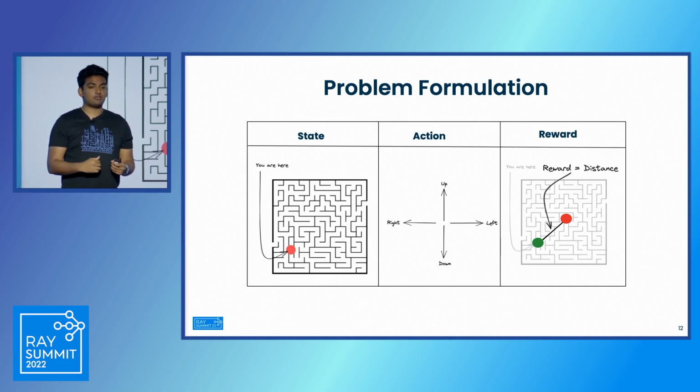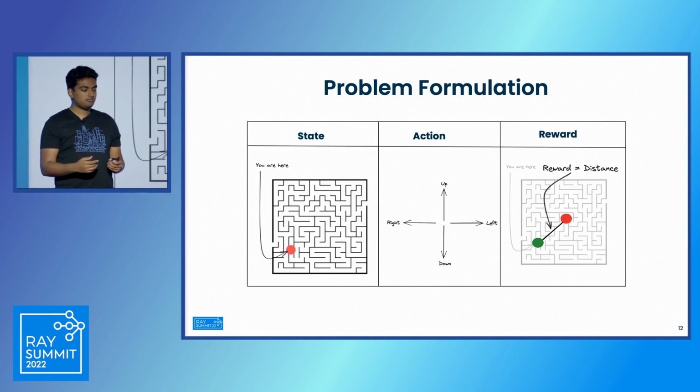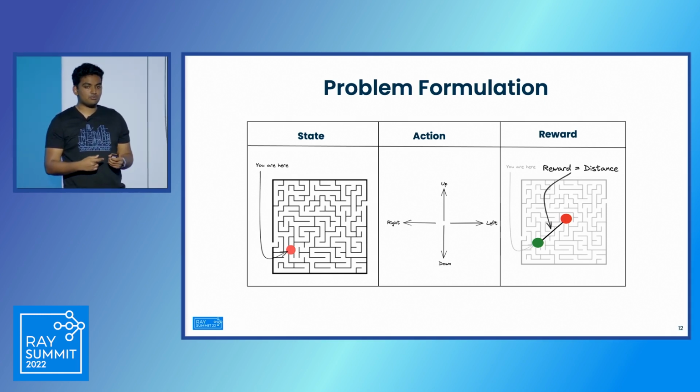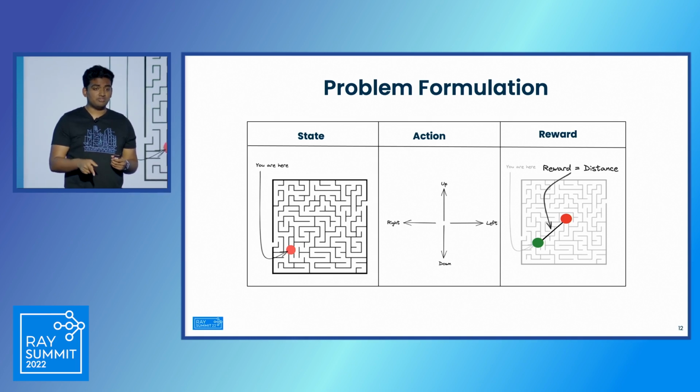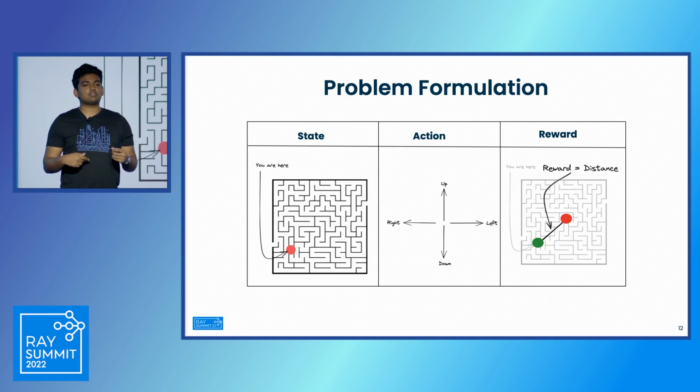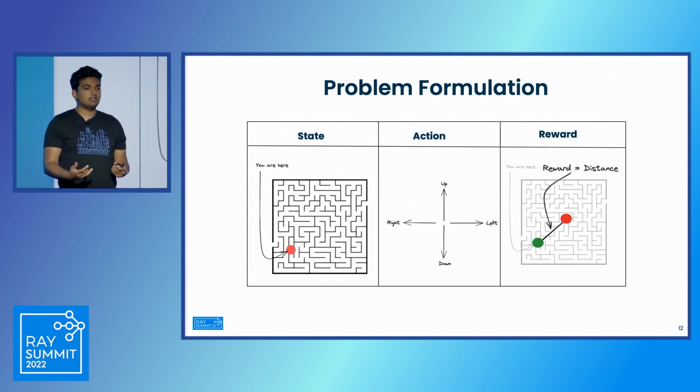We need to specify three quantities that are called state, action, and reward. So the state of our point mass we could think of in this maze as being some x, y position. And the actions that it can take, in this case, it can move up, and it can move down, and it can move left, and it can move right. And then we have to score it on how well it's doing at its task. And so a very naive reward, a naive score that we can give it, is we can say the reward is the distance to get to the center of the maze.